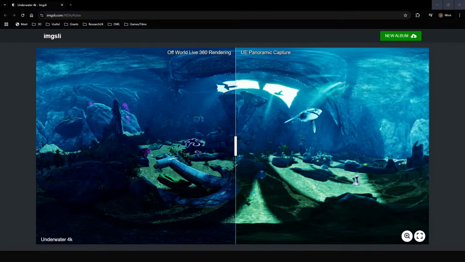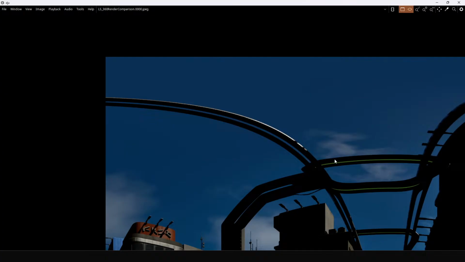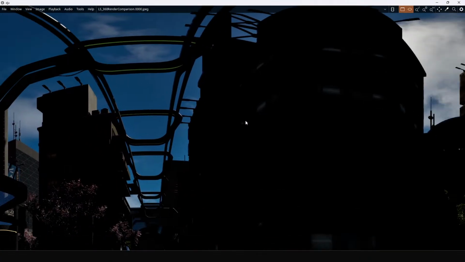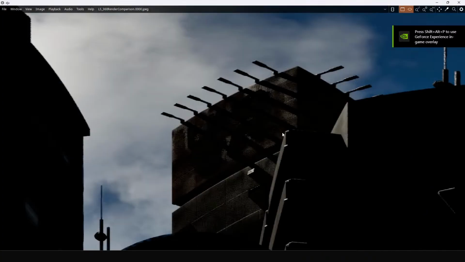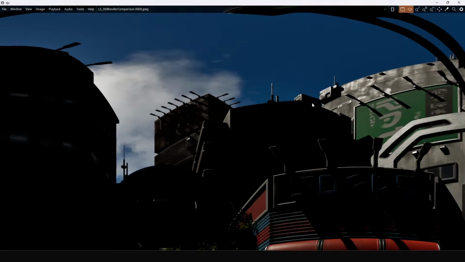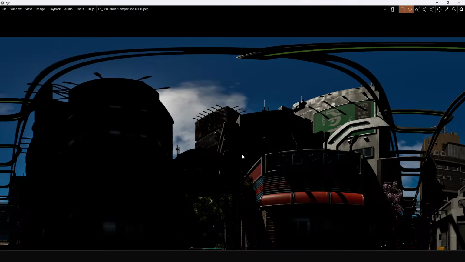Maybe not right here. Oh, here we go. So this is UE panoramic. Oh, with the anti-aliasing weirdness. It is capable of 10K. Oh, yeah, that's right. It's capable of 10K, but only if you don't turn on that allocate history per pane setting. So of course this